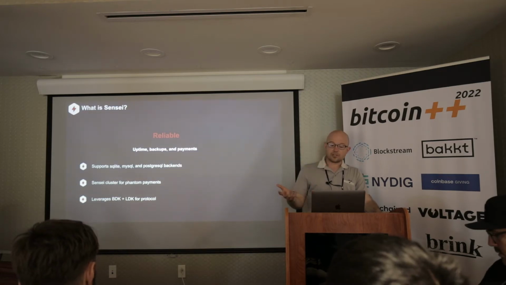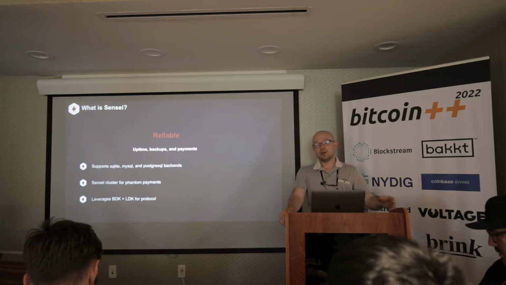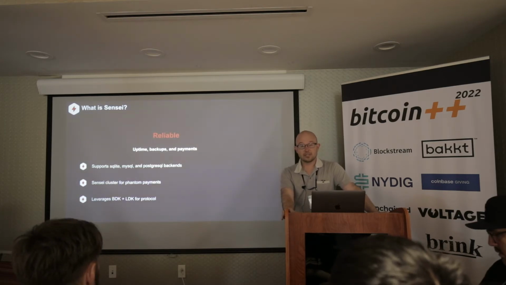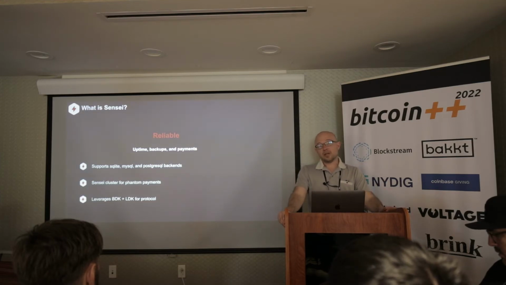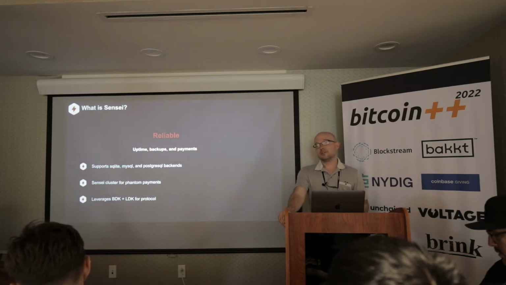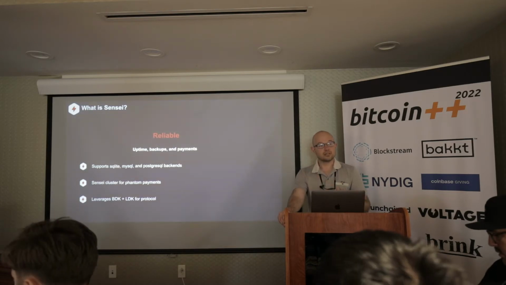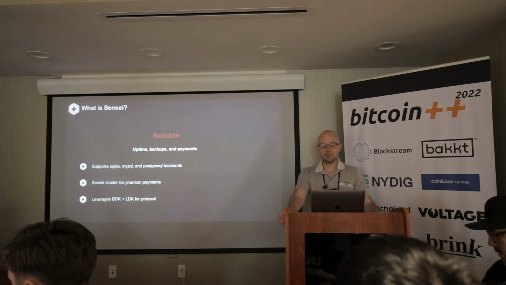And then it has this cool feature that LDK provides called phantom payments, which is basically you can have a cluster of nodes that all know about each other, and they can create invoices for a phantom node, like a node that doesn't exist. And then when someone's trying to pay you, any of these nodes in this cluster can fulfill that invoice. So if one of your nodes goes down, or if one of your nodes doesn't have liquidity, when they retry the payments, they can go through this cluster of nodes,